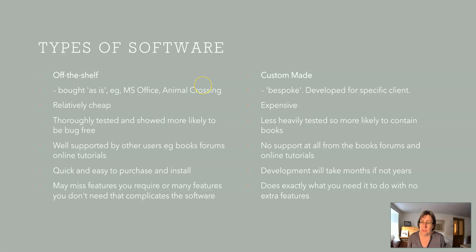In this unit we categorise types of software into two broad categories. One is what's called off-the-shelf and the other is custom-made. Off-the-shelf doesn't literally mean it comes off the shelf. What it's talking about is that it is bought as is. You buy the same as every other customer. A really good example is Microsoft Office, where you just buy Office. Or a game that you buy, like Animal Crossing,